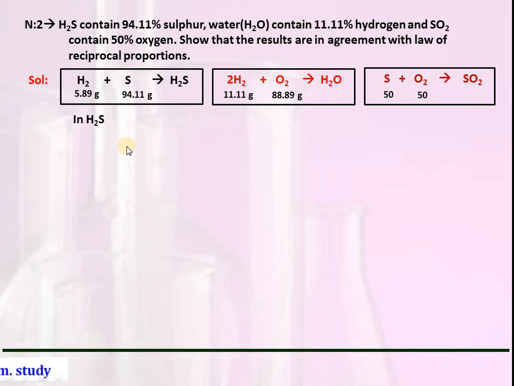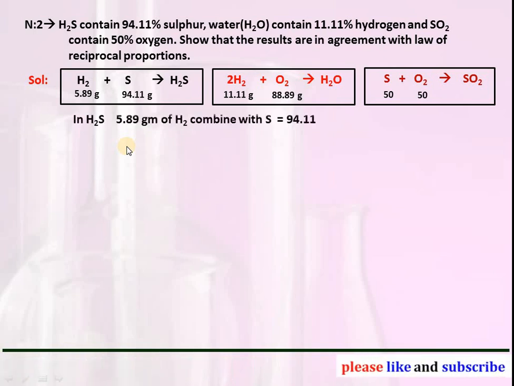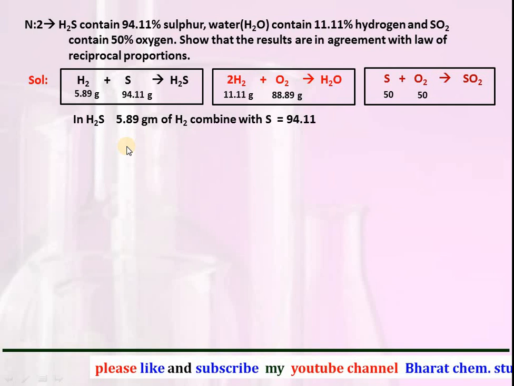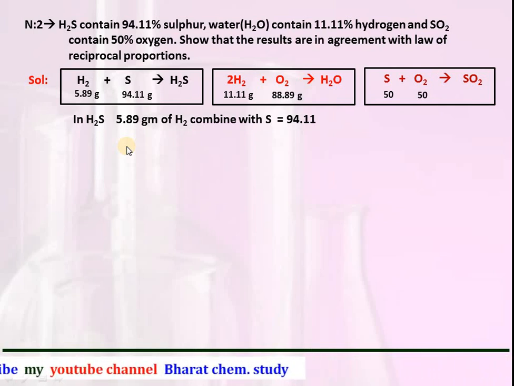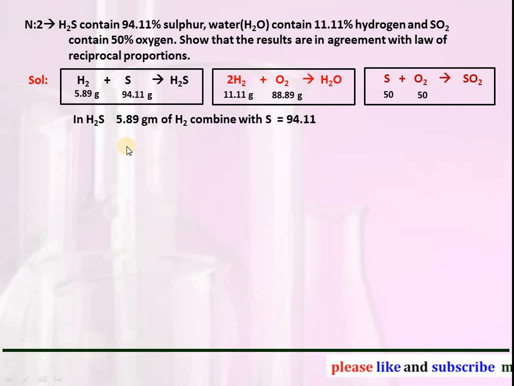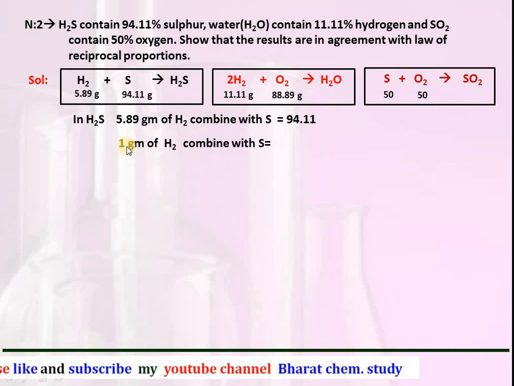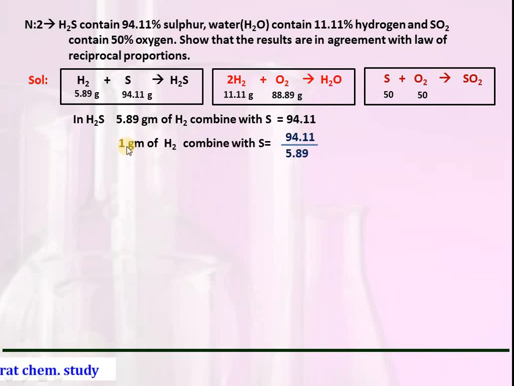So let's make the mass of hydrogen in H2S 1 gram, and we have to calculate how much sulfur is required for 1 gram of hydrogen. So in H2S, 5.89 gram of hydrogen combined with sulfur equal to 94.11. Therefore, 1 gram of hydrogen combined with sulfur is equal to 94.11 divided by 5.89, which comes to be